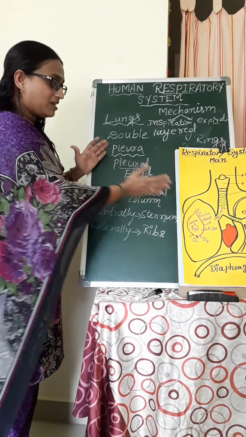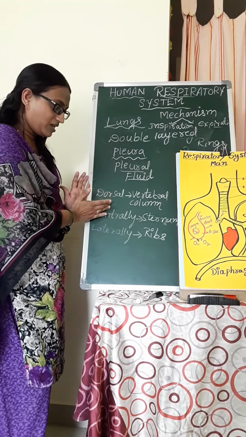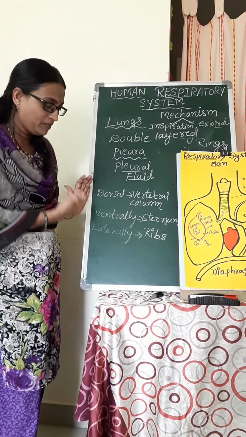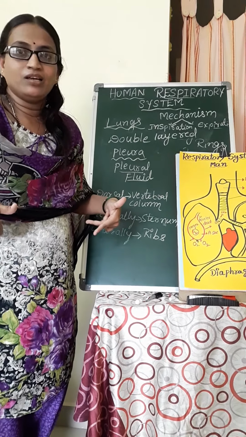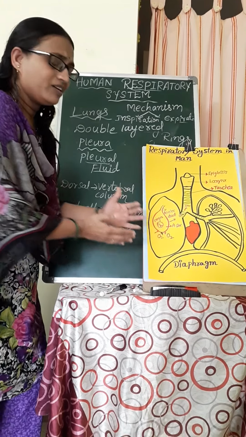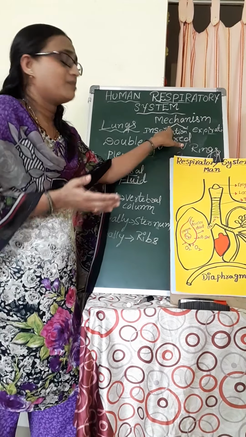How are the lungs being protected? Dorsally, ventrally and laterally. Dorsally by the vertebral column, ventrally by the sternum, and both lateral sides by ribs. Is it clear? Okay, coming to the mechanism of respiration, how the respiration